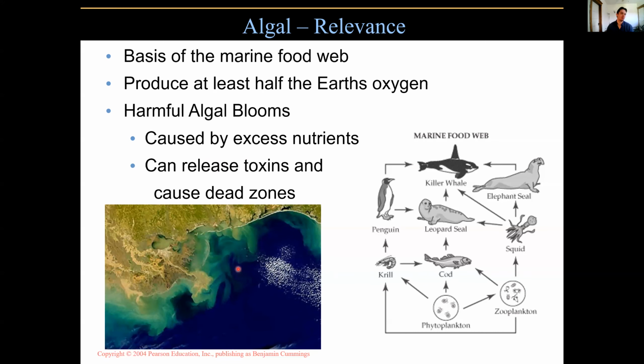And initially you would think, okay, well, that's not so bad. But the problem is that these algae can release toxins, so they can be toxic. And they can also lead to dead zones because they can block sunlight from reaching other organisms. They can deplete oxygen levels in the water. So yeah, they can really create a massive problem. There are multiple examples of that. I mean, the Gulf of Mexico has a big problem with algal blooms, and many other places,